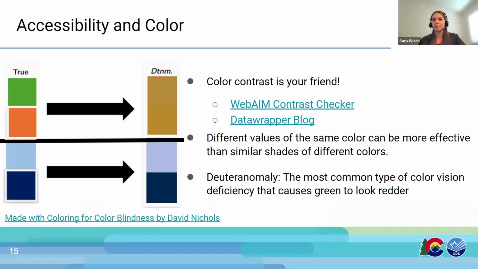So I want to spend a little time on color and accessibility, because almost every visualization I'm making, what colors I'm choosing is a large part of making sure it is accessible. It can be a really challenging piece for myself as well, and I think for others too. Luckily, there are a lot of existing resources that can help you choose accessible colors for your visualization.